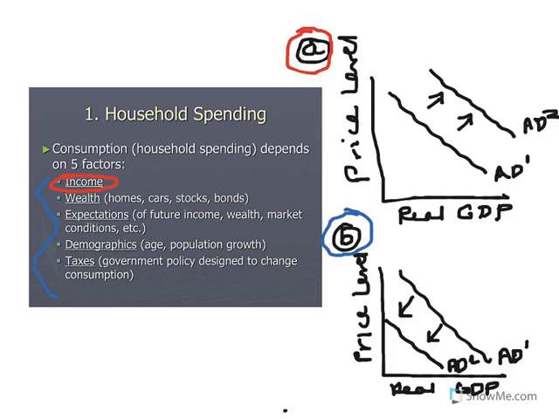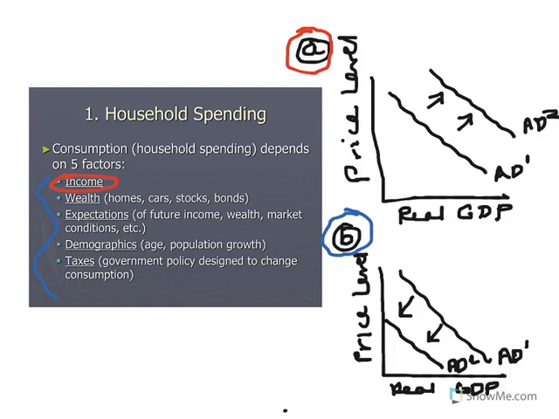And then the last category that influences consumption expenditures is taxes. Basically, let's say the government raises taxes, so now households have to pay higher tax rates, then that's going to lower the amount of disposable income that households have. So it's the same thing as saying that there's going to be a decrease in consumption expenditures. Whereas if the government lowers tax rates, then that's the same thing as saying household disposable income is going to increase, and that should